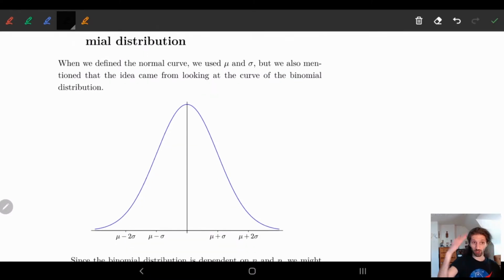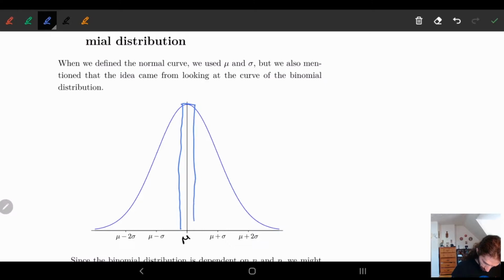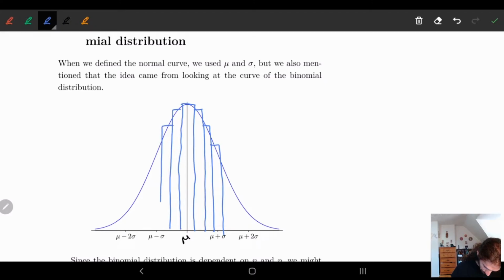So remember the normal curve? We basically had this curvy graph, the bell curve, which was centered around mu, and we had these standard deviations on either side. And one of the things that we had seen before was that this was basically estimating our binomial distribution. So in essence, we had little graphs like this. I'm probably going to fail at making this perfect, but you get the idea. So we have this histogram like this, and it kind of keeps going on forever. And basically the idea is that we're going to use this main graph, this normal curve, to estimate